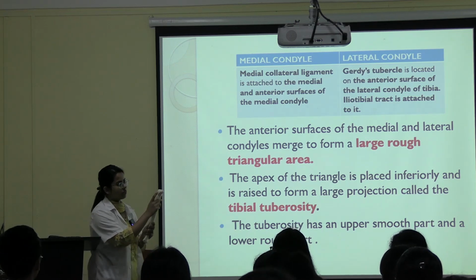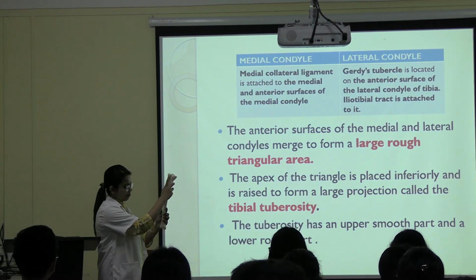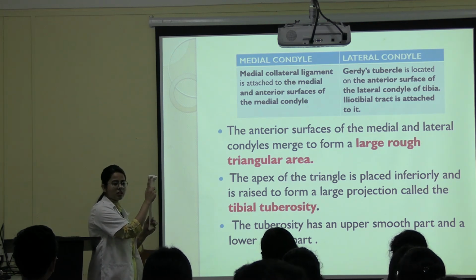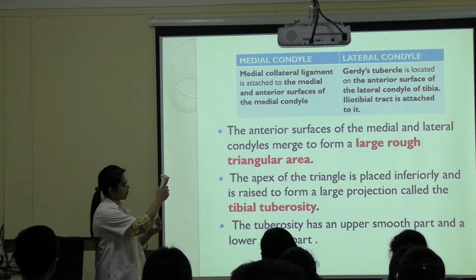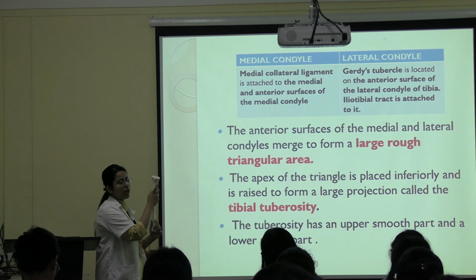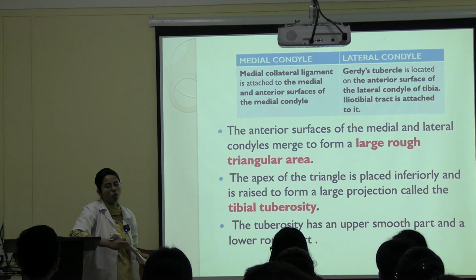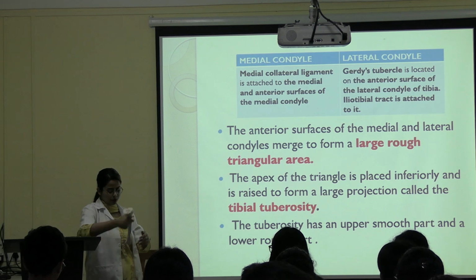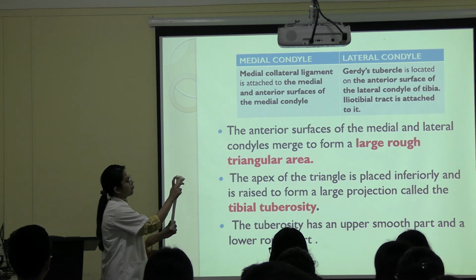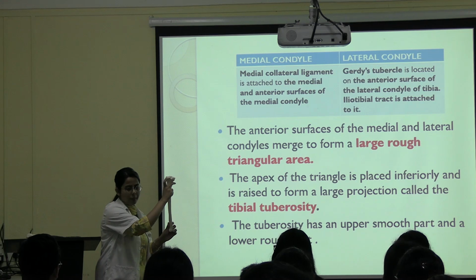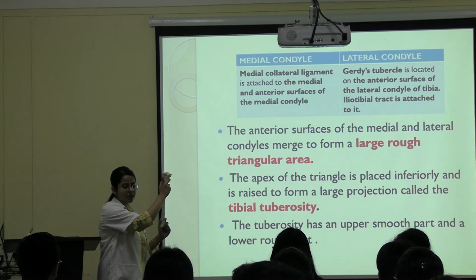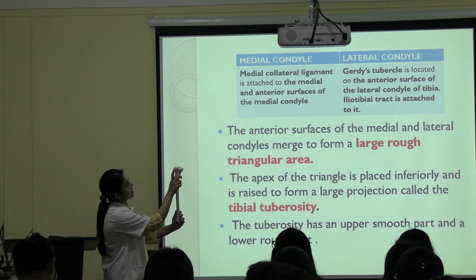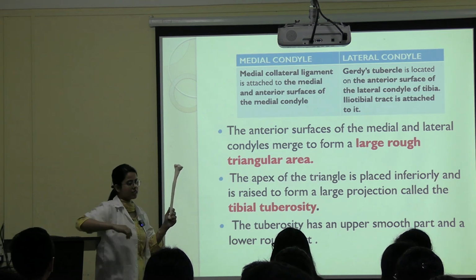Now what is left? Posteriorly, as I said, posterior surface of medial condyle will have a groove for which muscle? Semimembranosus. Posterior surface of lateral condyle will have an oval articular facet, which is the fibular facet. Okay, and above fibular facet there will be another groove for popliteus tendon. Okay, you have heard about popliteus muscle? Popliteus tendon. Above this fibular facet you can see there is a groove for popliteus tendon.